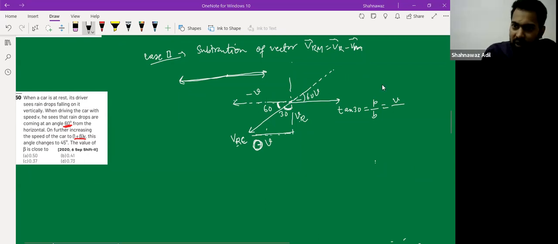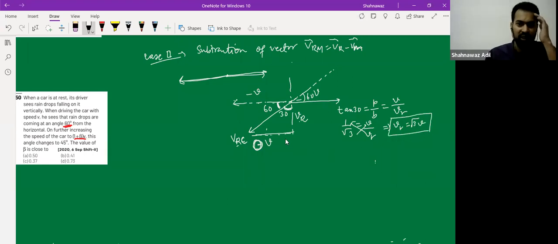So let me put this here. This will be VR. And what is tan 30? It is 1 by root 3. So this is V and this is VR. So VR is root 3 V. Any problem or any confusion, any doubt up to this point? Now we already got the relation between the velocity of the rain and the velocity of the car